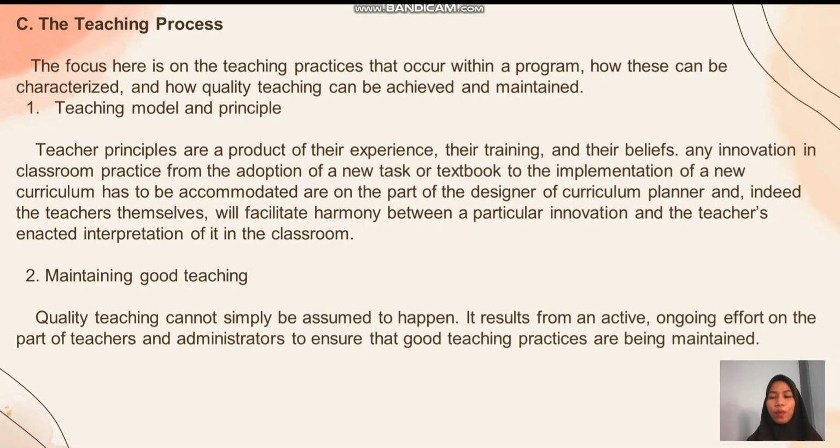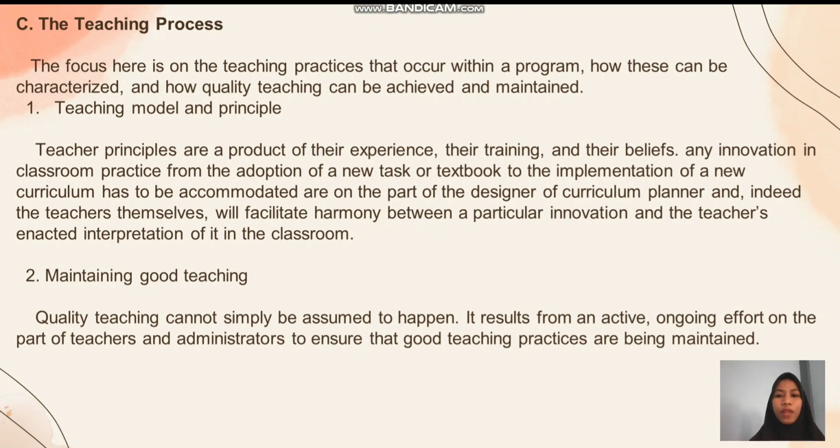Next is the teaching process. The focus here is on the teaching practices that occur within a program, how this can be characterized, and how quality teaching can be achieved and maintained. The first, teaching model and principle. Teachers' principles are a product of their experience, their training, and their beliefs, and innovation in classroom practice, from